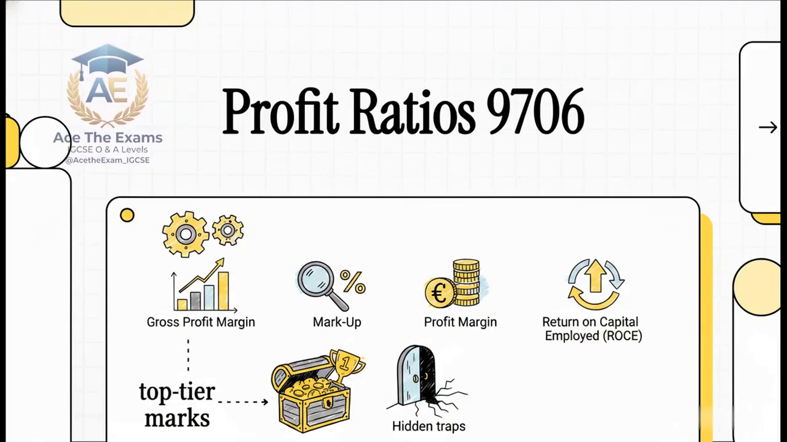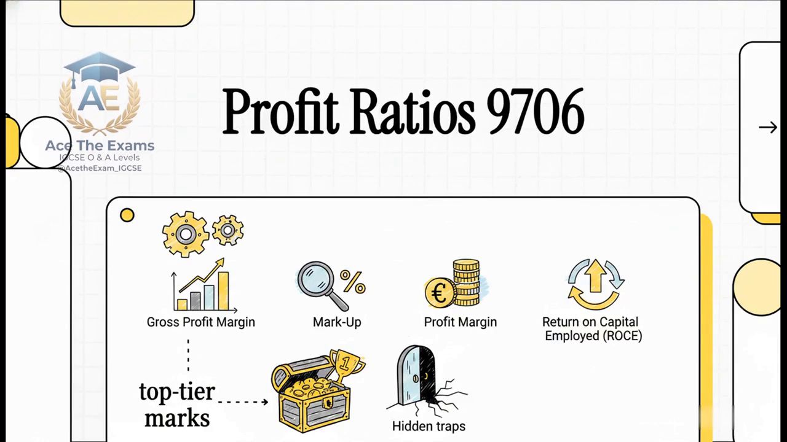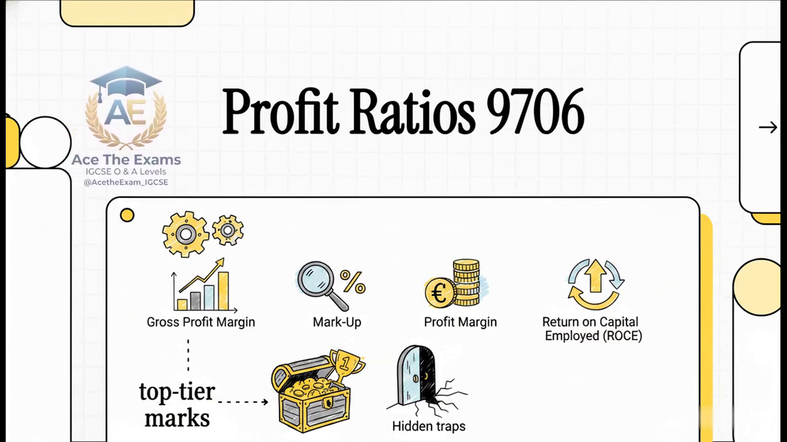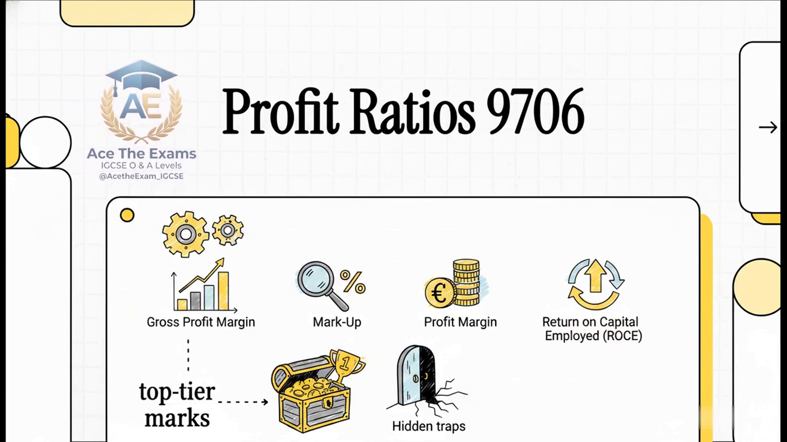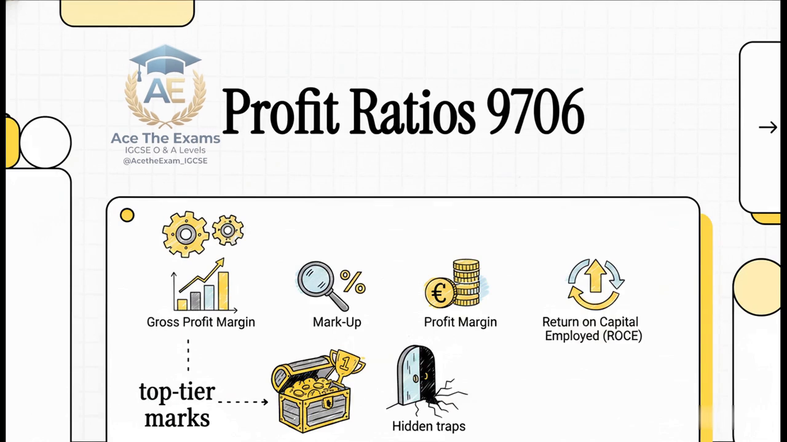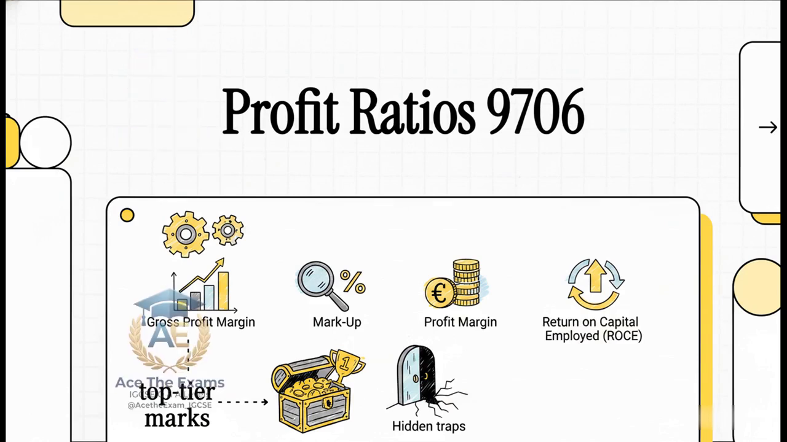Listen, I am your master coach, and today we are absolutely taking on one of the most critical, highest stakes components of your entire accounting syllabus. We're going to completely deconstruct the profitability ratios module for the Cambridge 9706 AS and A-level exams, right? I'm talking about the big four here. You know them: gross profit margin, markup, profit margin, and return on capital employed, or as we usually call it,